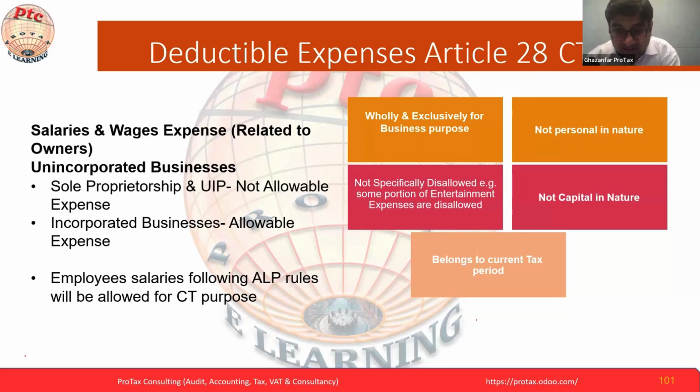Is there a city law that gives something on that? As of now, we are familiar with 50% of the entertainment expense for clients, vendors or partners being disallowed, subject to wholly and exclusively for business. Not capital in nature. Today we saw the example of car dealers. The car we are using for our own business is capital in nature. The depreciation is a deductible expense. The whole amount of the car will not be deductible because it is capital in nature. You deduct in this year and keep using it in the business for the future also. So this is the definition.